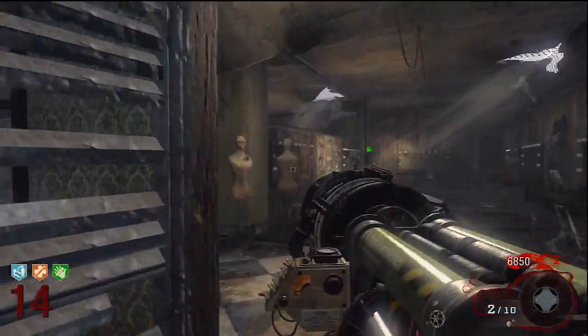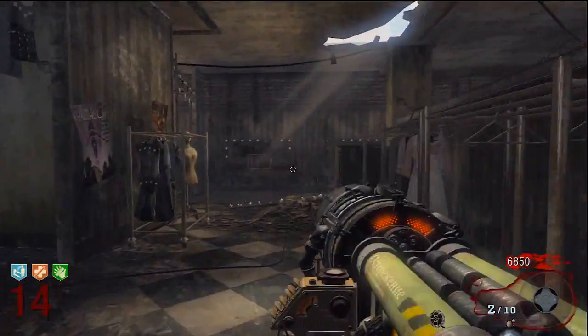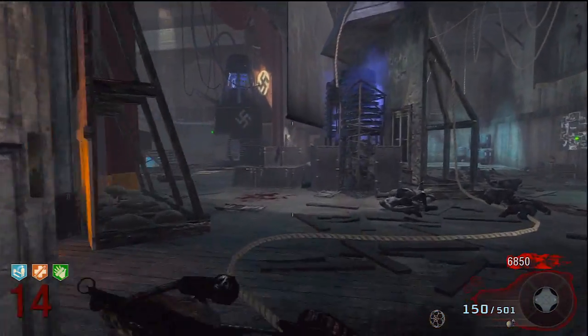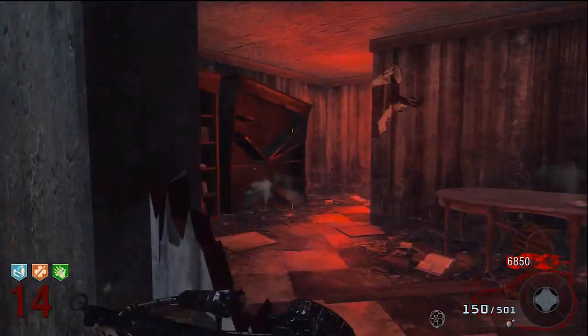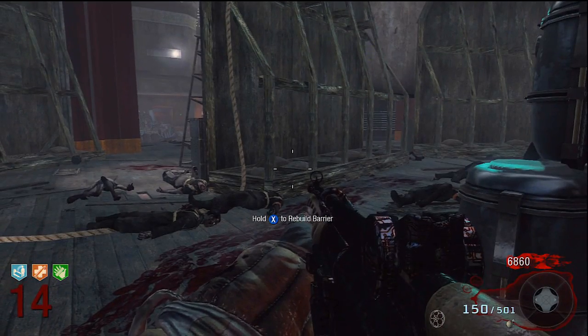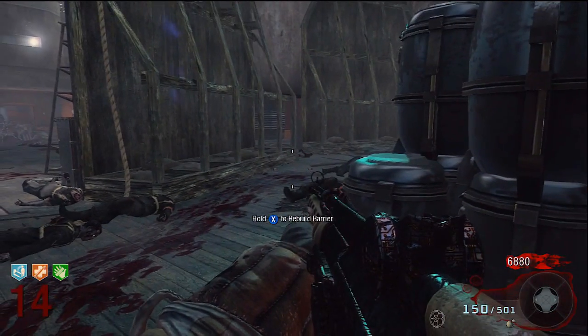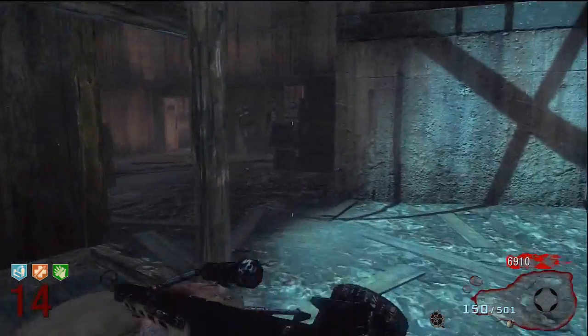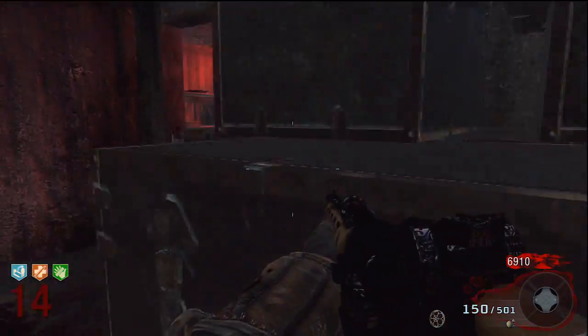So shoot it again just to reload. This is one beautiful gun. It really, really is. And that gives me almost enough. I need 150 points to do everything that I want. I'm going to try to get about 150 more points really quick. That'll give me enough time to buy some Double Tap, and then I can go and Pack-a-Punch and get the